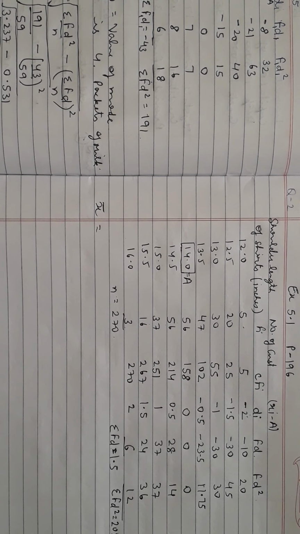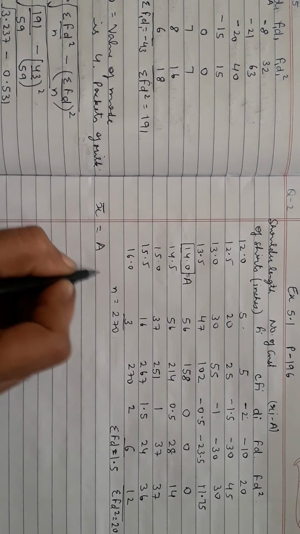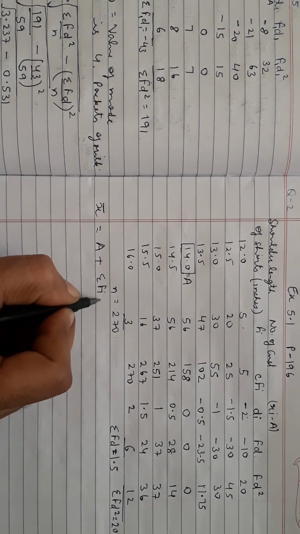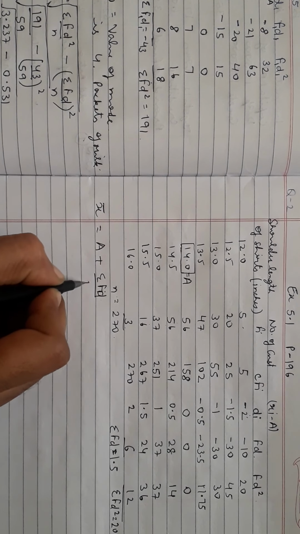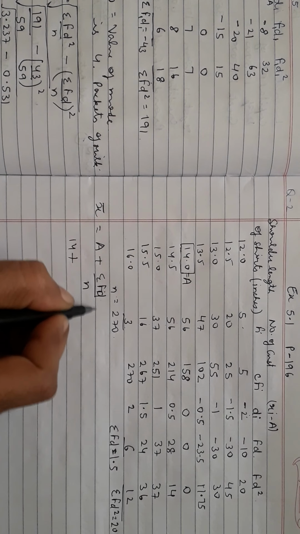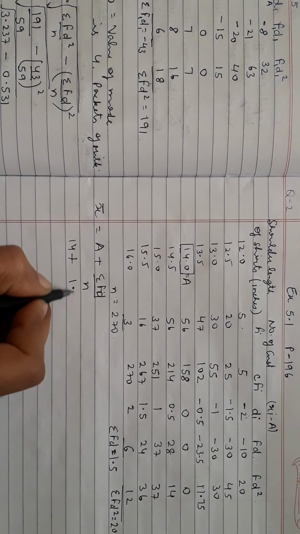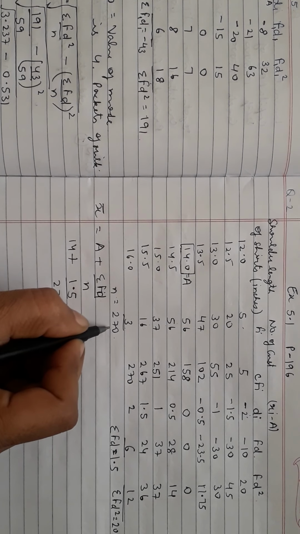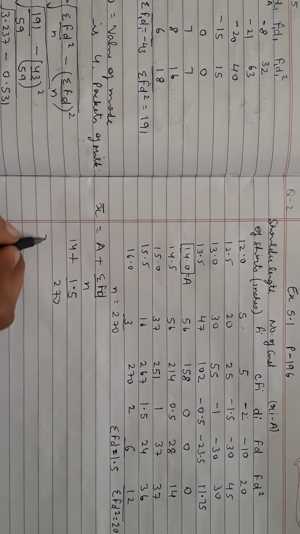In this sum you have to write the formula first for each and every step, then only you will get full marks. X bar is equal to A plus sigma FD upon N. A value we have taken as 14. Sigma FD total we have got 1.5 upon N is 270. N we have taken as 270. Solving this we get